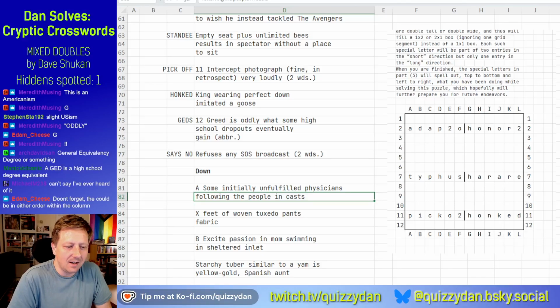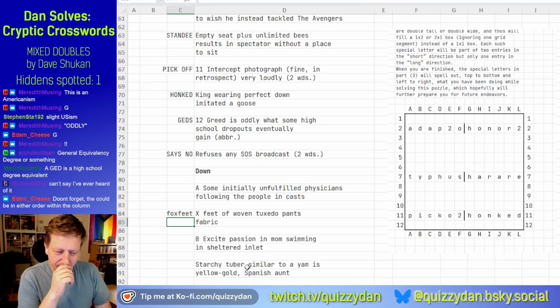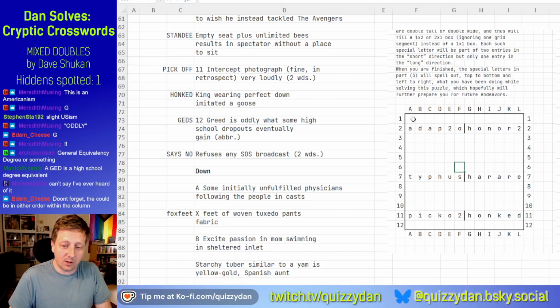So is it like fox feet? Is that a thing? Fox feet. No. No, because we wouldn't have the word feet in there. That's a shame. But I feel like it's going to be an anagram of fox feet. Oh, absolutely. That's a very good point. So it could start here. That's a very good point. Well,